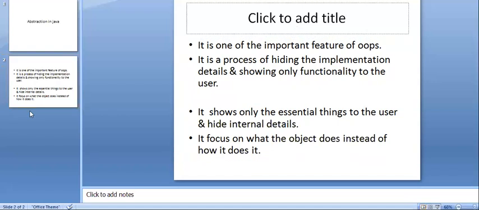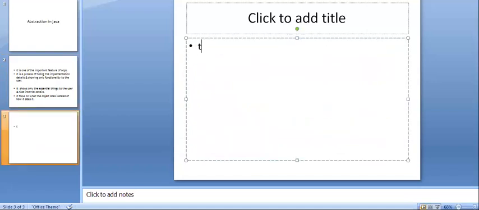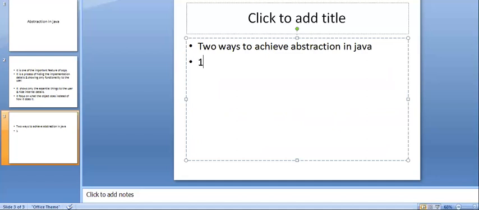So how many ways are there to obtain abstraction? There are two ways to achieve abstraction in Java. What are they?